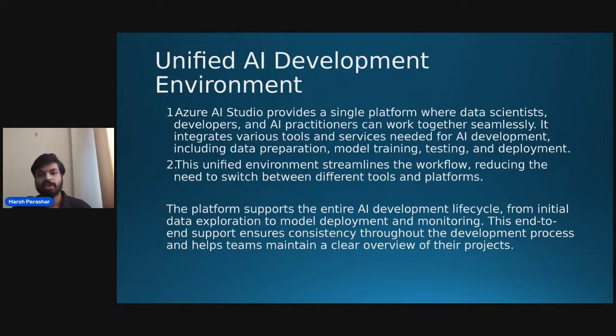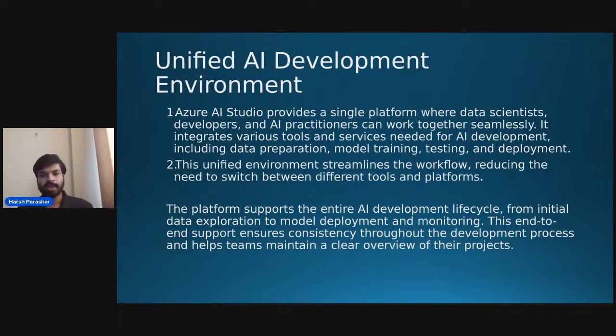It is very beneficial, and it will also provide you different tools. You can integrate everything on the cloud, so that you need not let go of your information, and you need not get any tension that your data is lost or that there is any security problem. It is one of the highest security possible in the AI development life cycle. And apart from other platforms, it is an integrated, unified AI development environment.